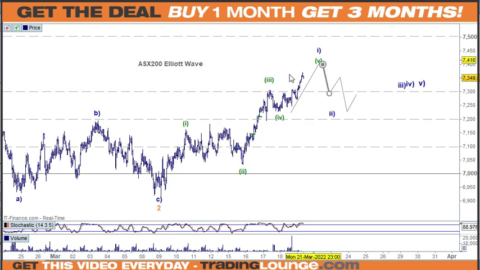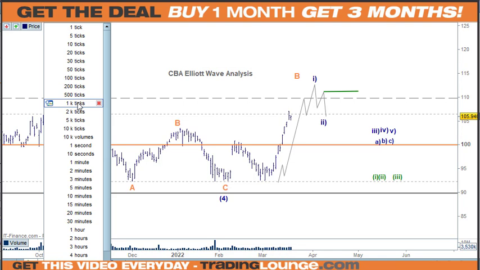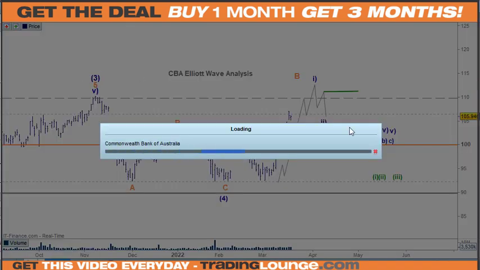So with this in mind, we're looking for a top, and then we're looking for an ABC. It's exactly the same thing we're looking for on the US markets, okay, with that current rally to the upside. So I'll just move this over here. So with CBA here, forgetting about this little move in here for a moment, because I don't know which that belongs to. I don't know if it belongs to this 3 to 4 here, or it's something clean and separate. We've got 1 and 2 and 1 and 2. But this move here coming off the lows moving up here, we need to track that in 5 waves, and once that's finished, then we need to wait for the turn, and that will give us a bit of an idea of what